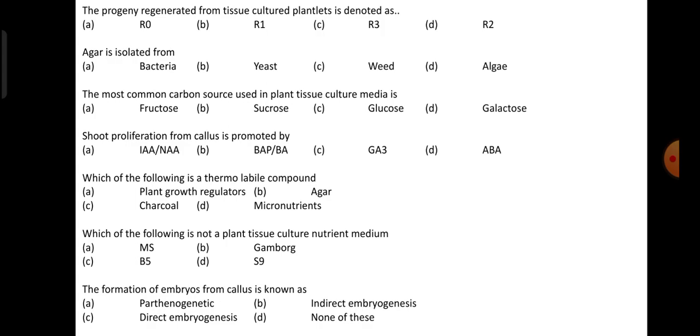Next question, agar is isolated from, options bacteria, yeast, weed, and algae. The answer here is algae. As you know, it is a seaweed. Next question, the most common carbon source used in plant tissue culture media is, options fructose, sucrose, glucose, and galactose. Generally, sucrose is used, and after breaking, it will become glucose. So whenever a ready-made source is required, glucose is used, but for most common purposes, sucrose is the major source